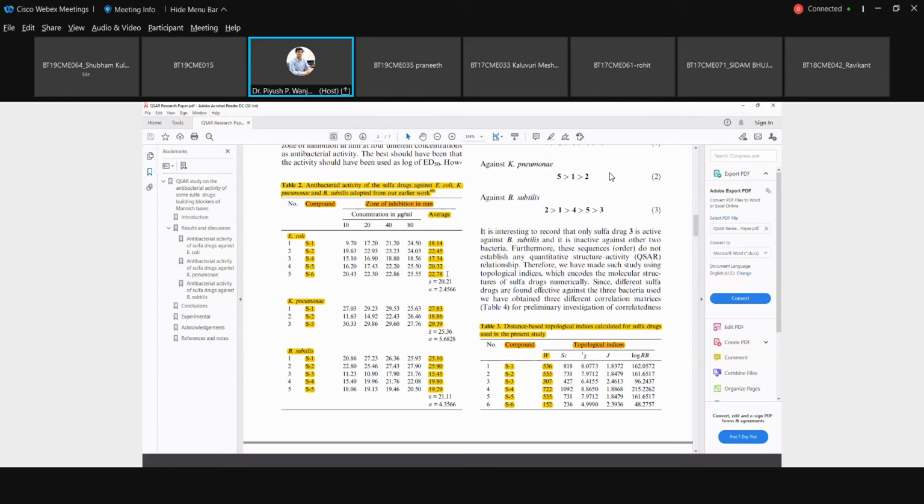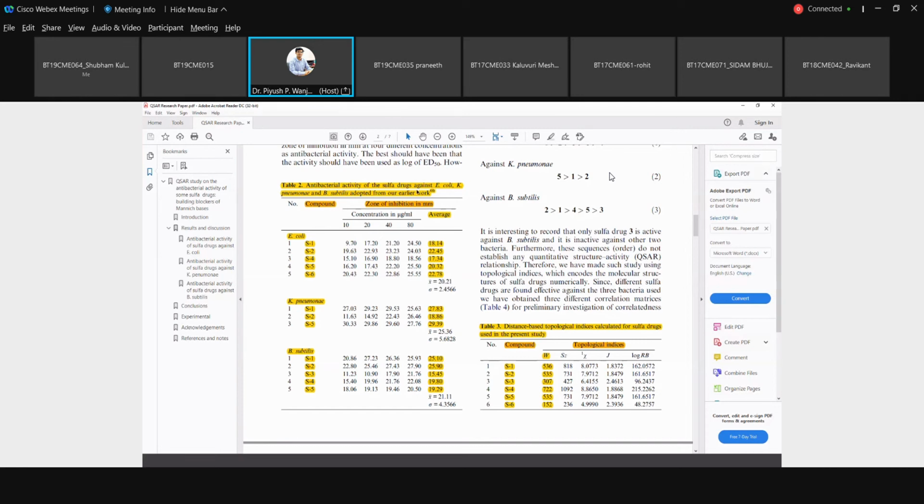Okay. So now consider, what about the activity value? I said you need X and you need Y, and based on that you have to develop models. So you know about the X values, different X or X2, but what about the Y values? The Y values you can see here are nothing but your activity values,